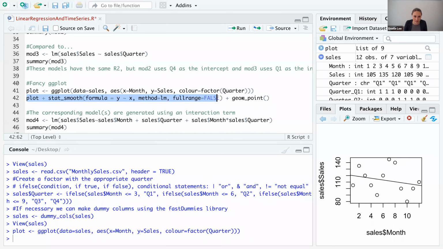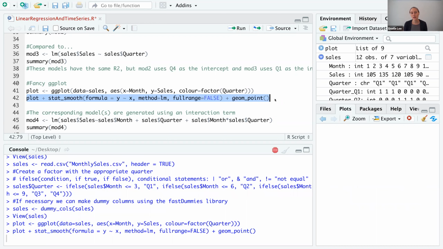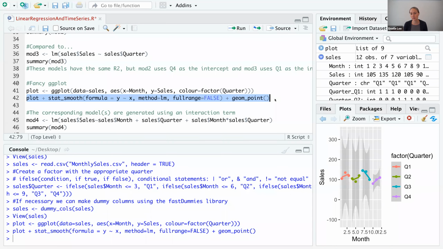And the method is linear model, full range equals false. I stole that from somewhere. I don't know off the top of my head what it means. What I would do is I would remove it to see what changes, and then that would give me a good idea. I'm just going to keep it there for now because I'm realizing I didn't play around with it. So now if I plot this,